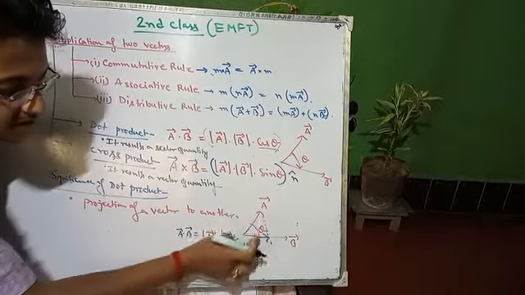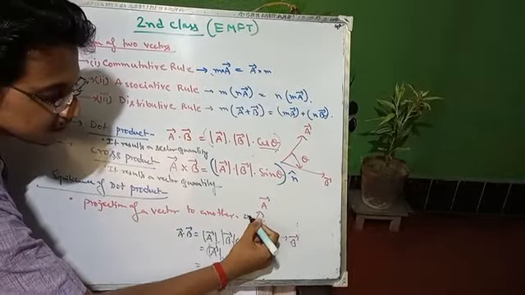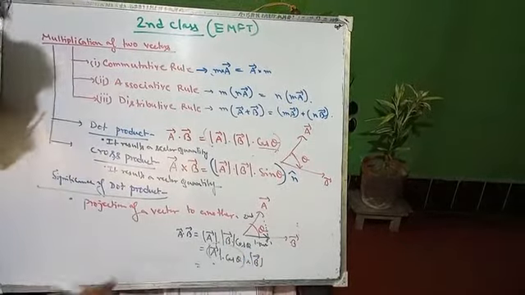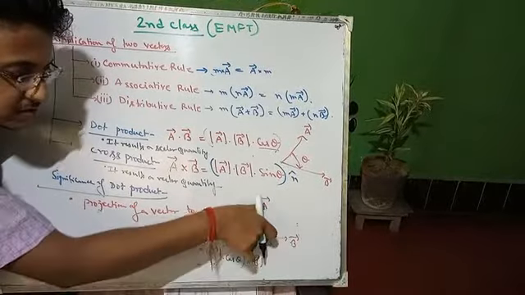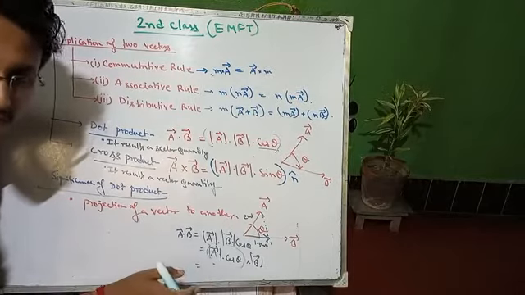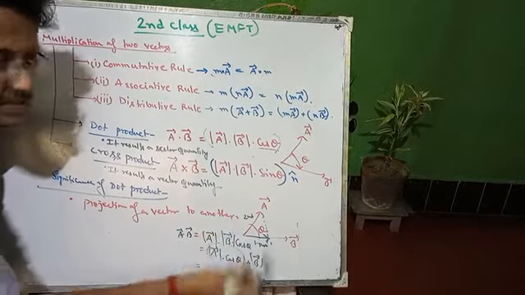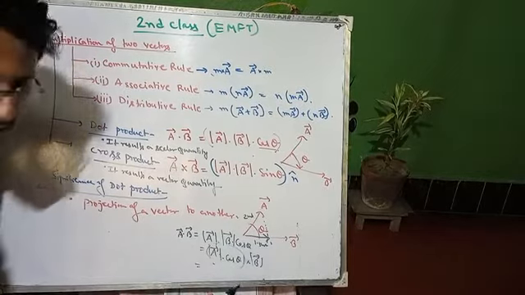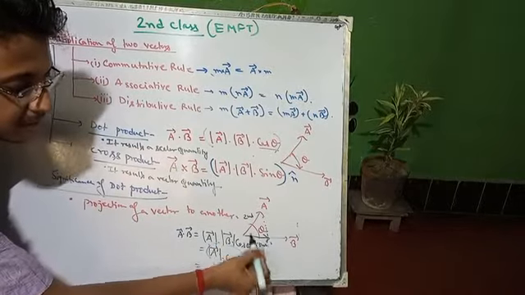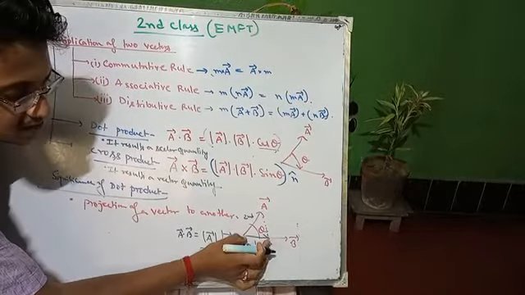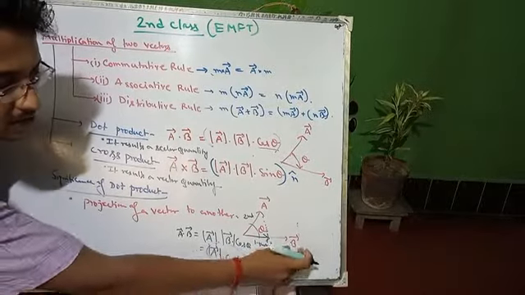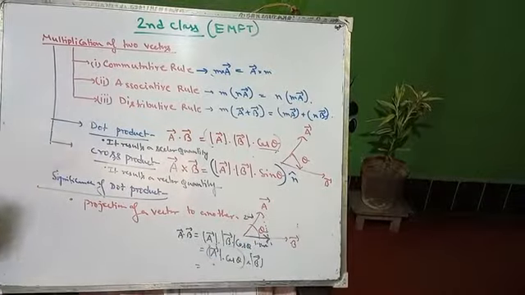Suppose this length is 2 units, and the projection will be, suppose, 1.5 units. I am giving an example. It is 2 units and the projection is 1.5, less than 2, obviously, because cos theta has a maximum value of 1, so it will be some fraction. So 2 multiplied with this fraction, that is the cos theta value, we get 1.5, obviously less than 2. So this distance is called A cos theta. A cos theta is multiplied with B. Now we are multiplying, not adding.